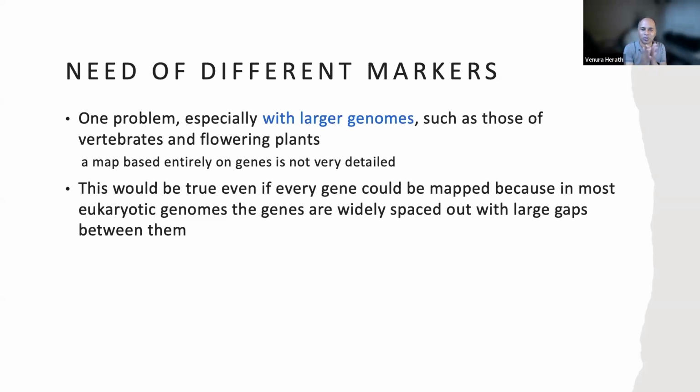If you zoom out, not zoom in, zoom out, you will see that between genes sometimes there are large gaps. Some genes are very closely associated, like in a cluster, but some are separated by sometimes thousands,